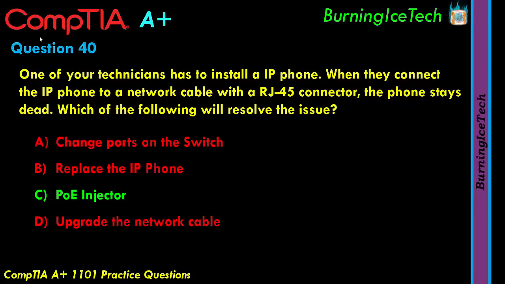So any device you plug into one of those network cables that's plugged into that switch, if that device does not have power, it can turn it on and give it power through the network cable. Not all devices accept power through network cables though, so this is normally things like IP phones or access points, because these devices often don't have power near them, or it just looks sloppy if they've got a power cable